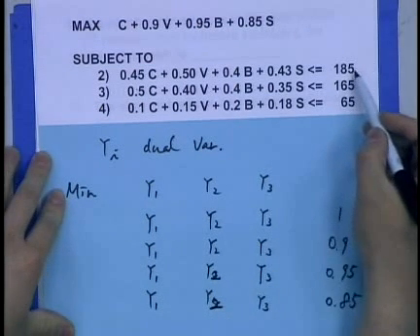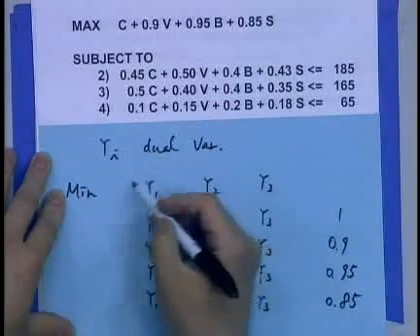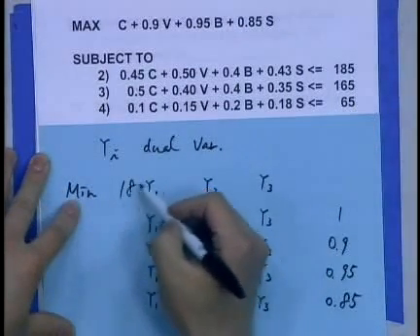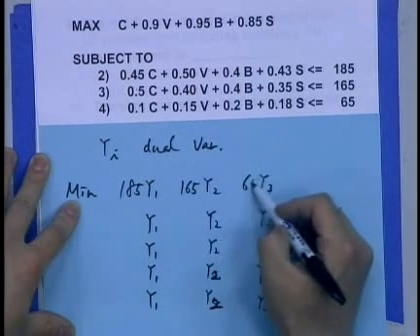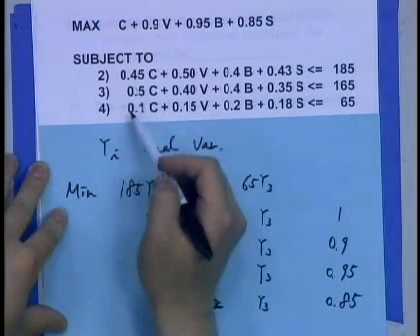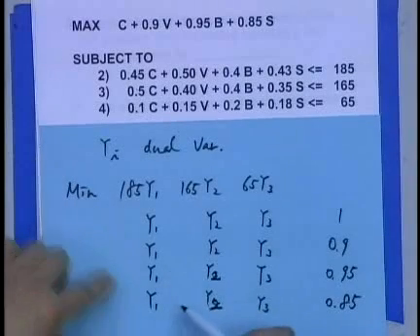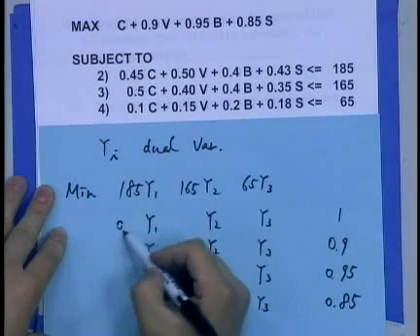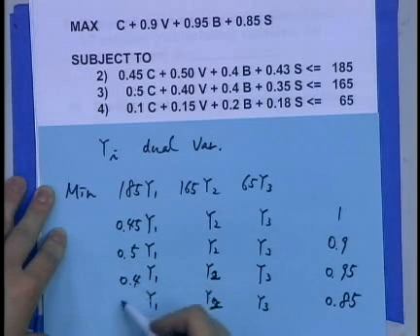The right-hand side values 185, 165, and 65 become the objective coefficients in the dual problem. And the transpose of the constraint coefficients becomes the constraint coefficients in the dual problem, right? So this is going to be like this,